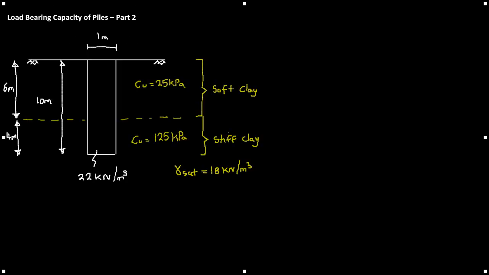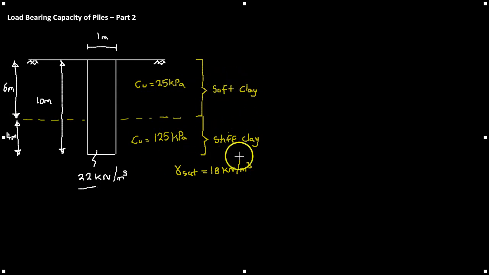So, the example we're going to be looking at here then, we have a 10-meter deep pile, 1 meter in diameter. Again, we're looking at a circular pile. The unit weight of this pile is 22 kilonewtons per meter cubed, and we have two layers that the